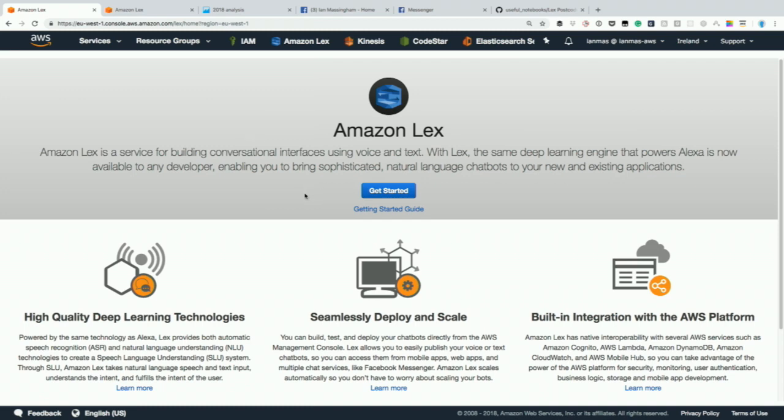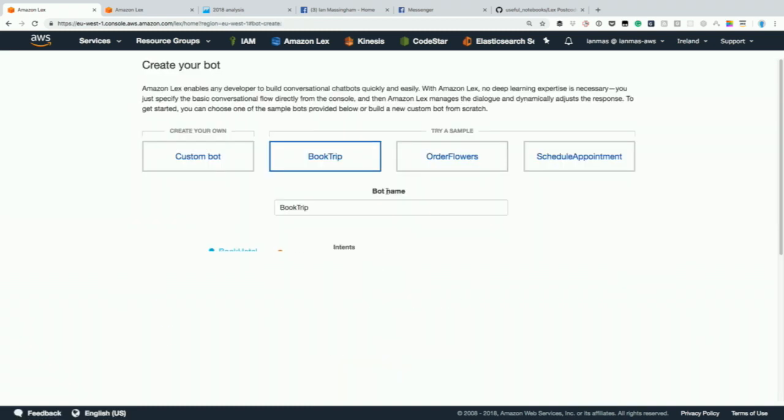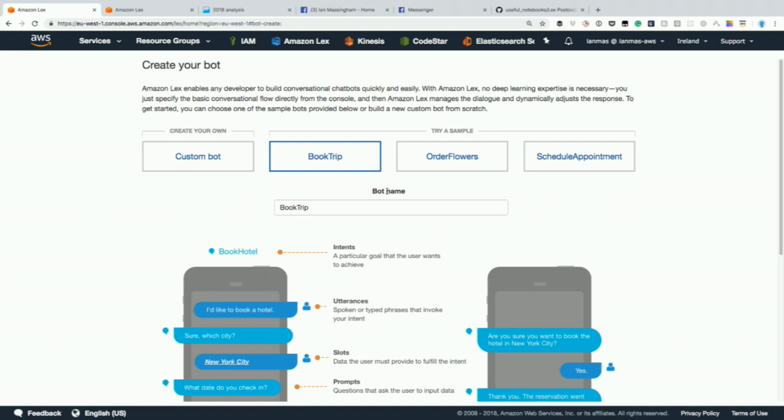So obviously the first thing that I'm going to do is click this Getting Started guide button that you can see here. And that will open up 4 options for me, either to create a custom bot with my own custom logic, or to provision one of our sample applications. And the 3 sample applications that we have here are travel booking, ordering flowers, and scheduling appointments. Okay, so we've got different conversational or language models behind each of these different samples.